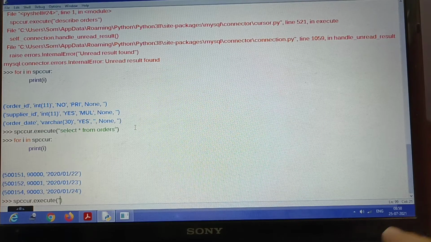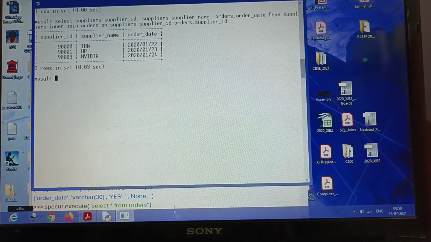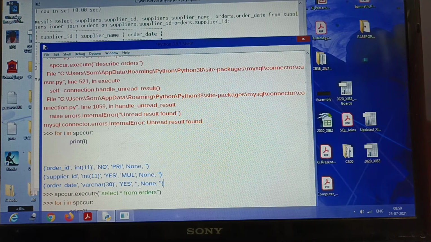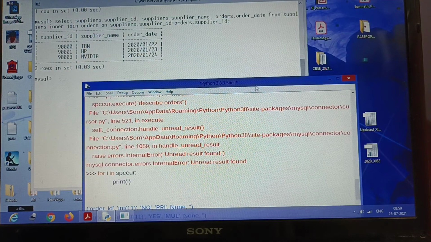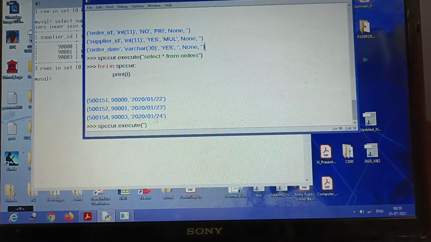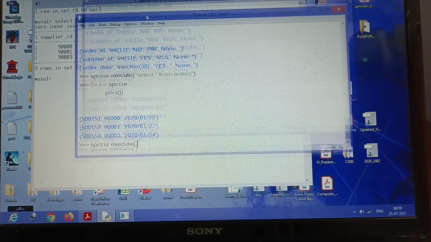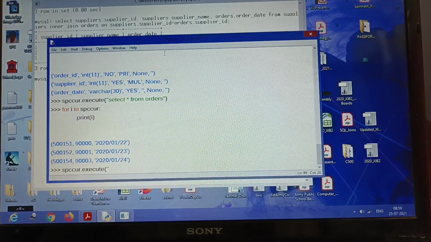Whatever is given here, the same command we have to write here in Python. We have to write exactly the same thing. It is a basic type-based script, so you have to type the command again here.